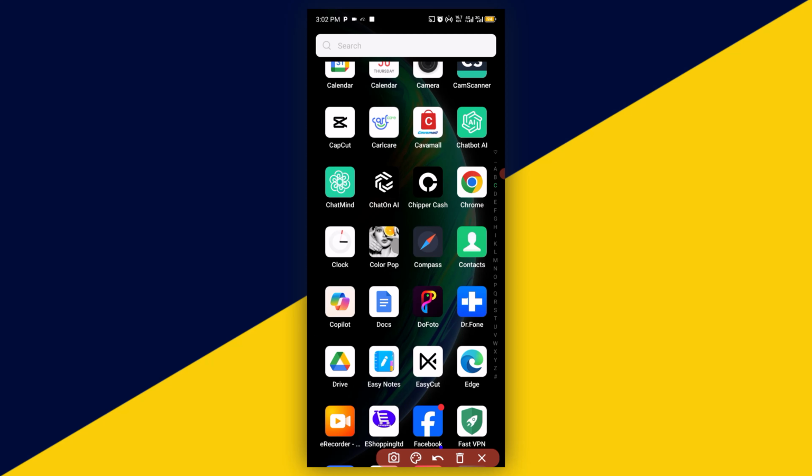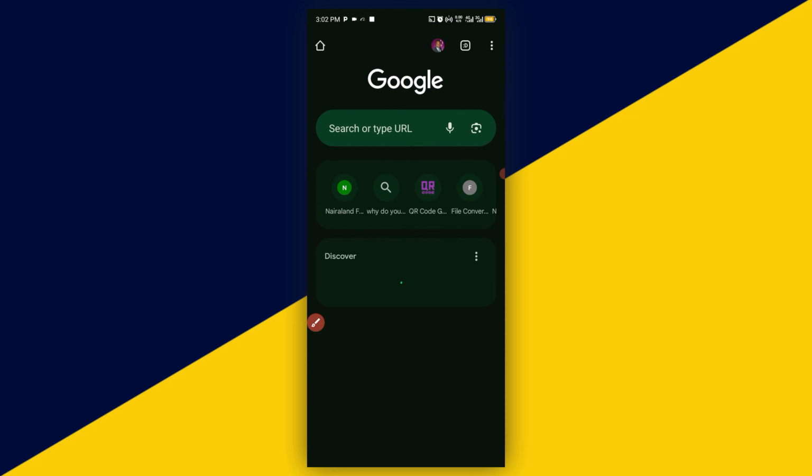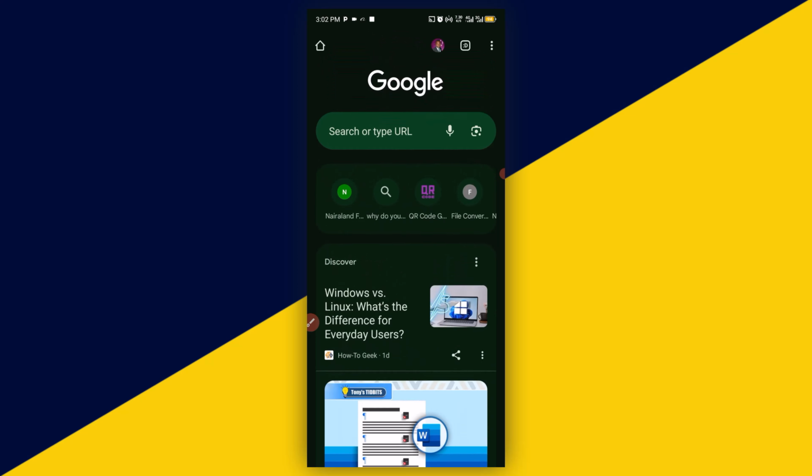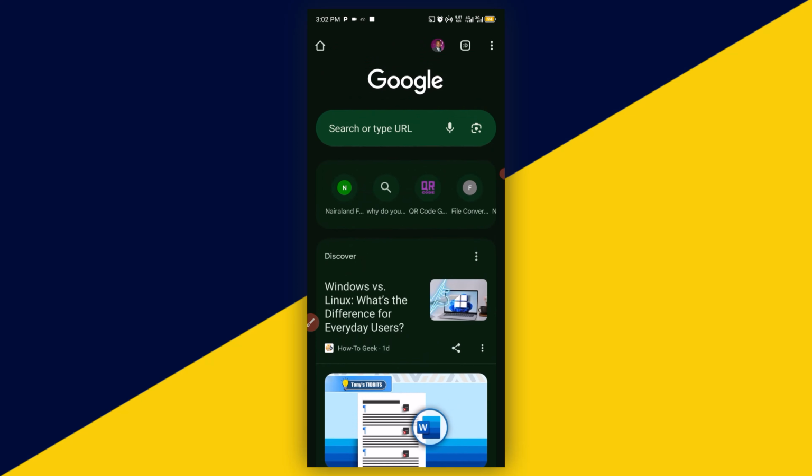All right, so the very first thing you want to do is to open up your Chrome. Now, because of capturing issues, when we turn on incognito, the screen is going to be blank. As a result of this, I will just show you straight on how you can simply delete your Chrome incognito history. Now, when you get to the Chrome browser, I believe that you know how to access incognito mode in Chrome. If you don't know how to do that,